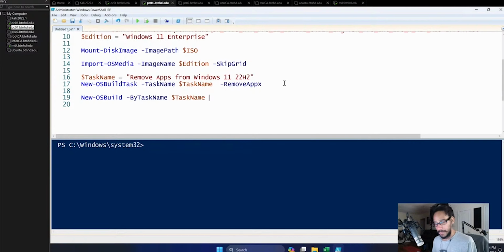So we're going to take advantage and use it again. We're going to use a switch of -Execute. Beautiful. We're going to do another switch of -SkipComponentCleanup. And then last but not least, we're going to do a switch of -SkipUpdates.